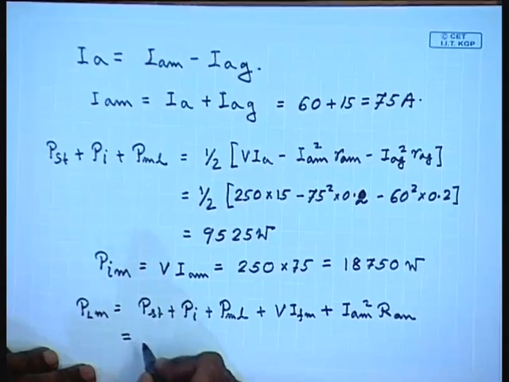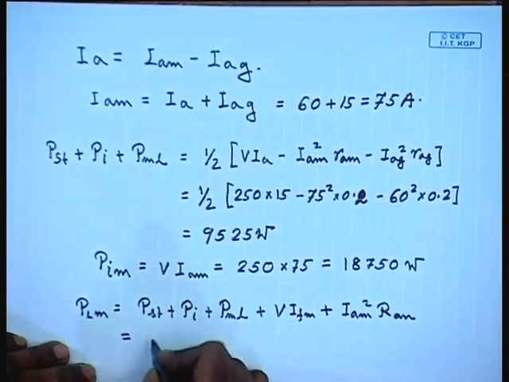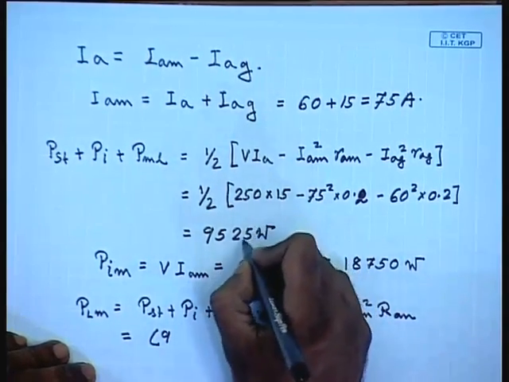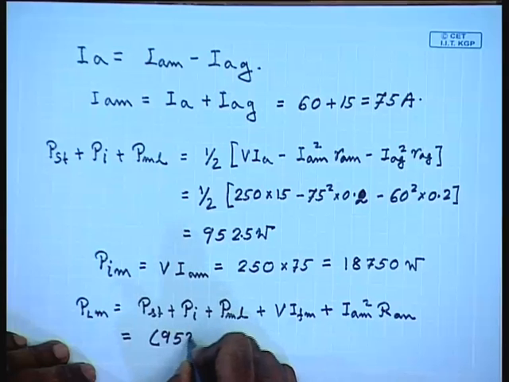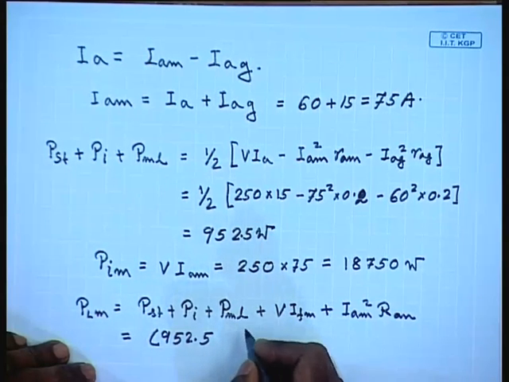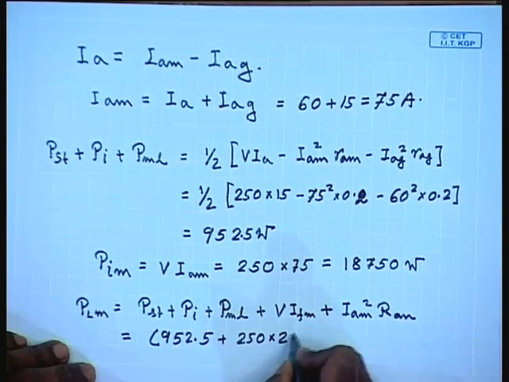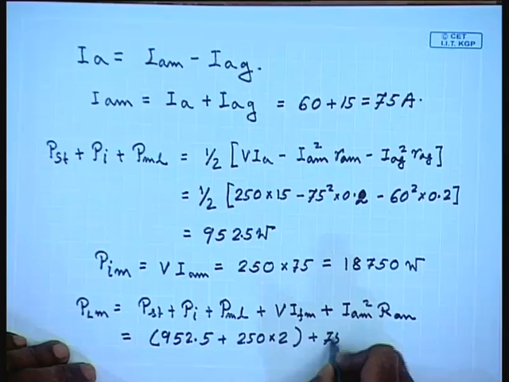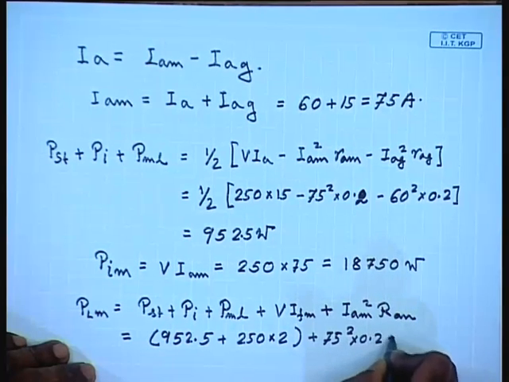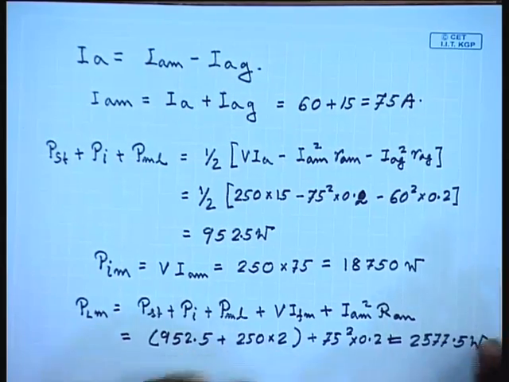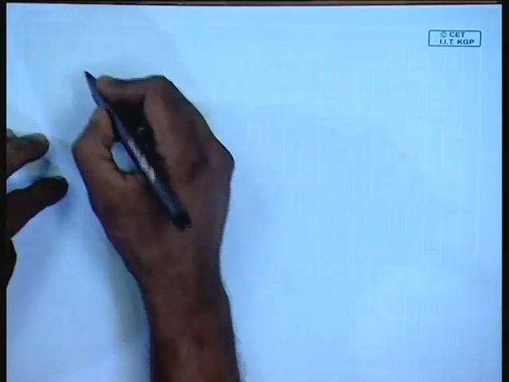This comes to 952.5 plus 250 into 2 plus 75 square into 0.2, this comes to 2577.5 watts. So, the motor efficiency eta m